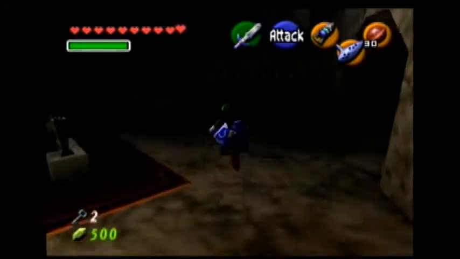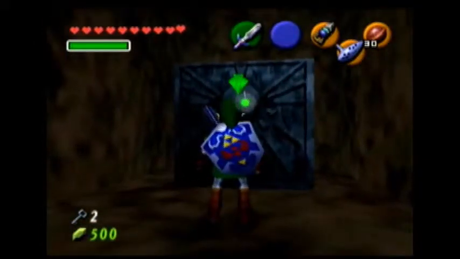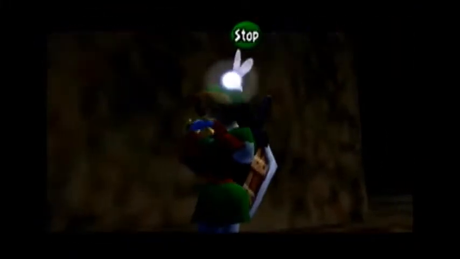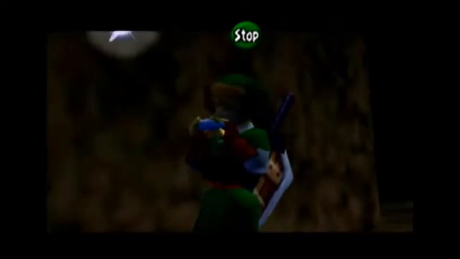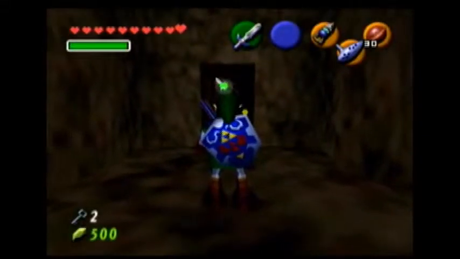Okay, so we want to go ahead and go through this little alcove, and play Song of Time next to the Song of Time block here to make it disappear. So next, after it disappears, we can go ahead and head through this door here. So open it,